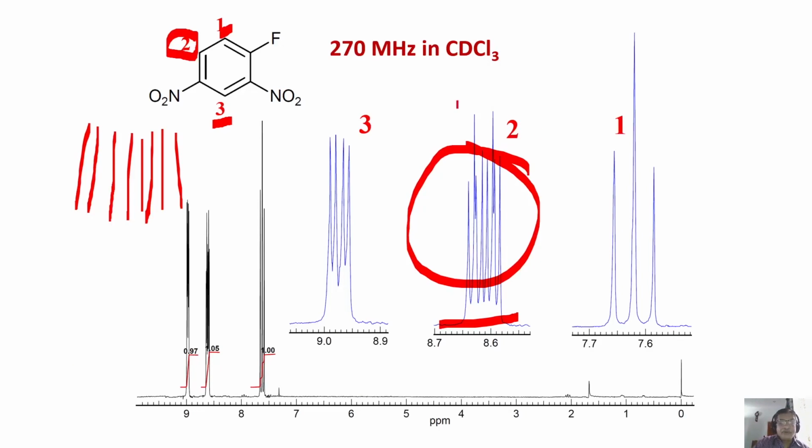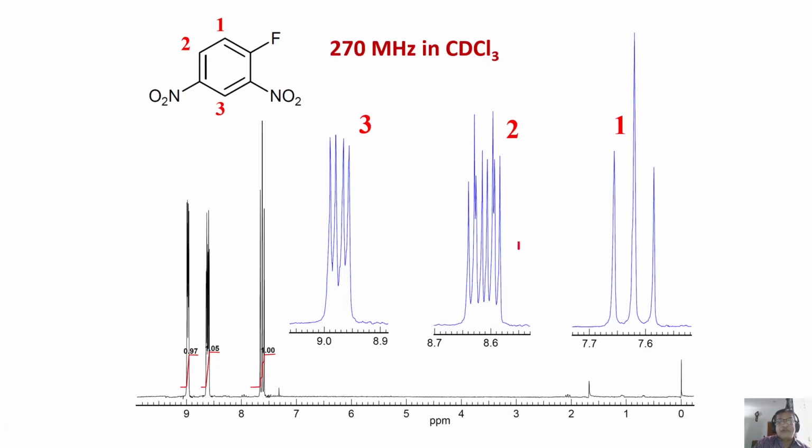Now what is left for you is proton 1. Okay, assignment is easy. But why is it a triplet? Look at it carefully. This can experience coupling with this proton and also this fluorine. When the couplings are nearly same, it appears as if it is a doublet of doublet. It is not equivalent spin, so it is doublet. It is not triplet. It is doublet of doublet, but two lines of this peak, central peak, overlap because of nearly equal coupling. As a consequence, this appears as a triplet-like pattern. It is not triplet. It is doublet of doublet with two central lines overlapping.